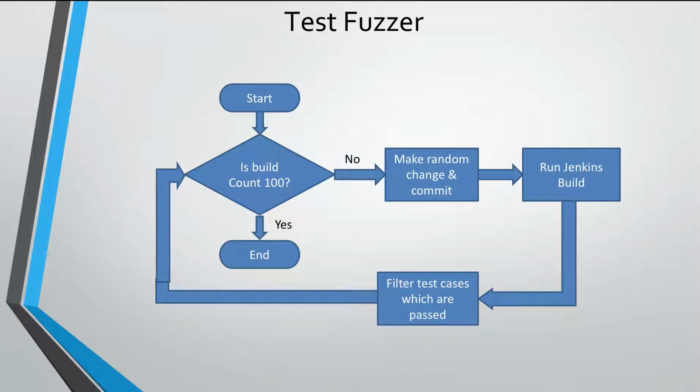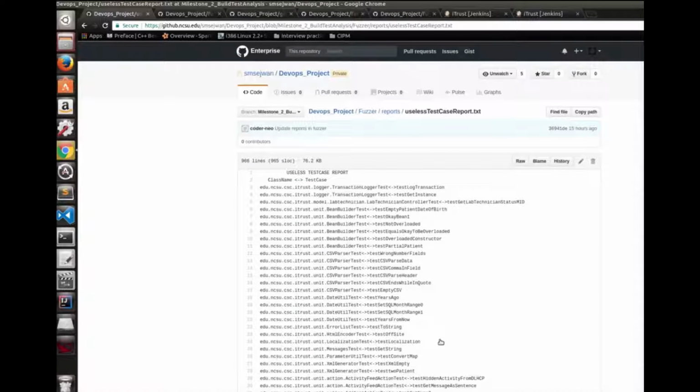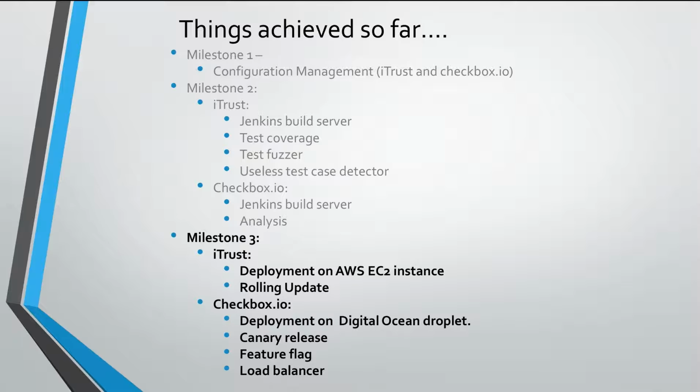We have developed a utility which detects test cases which always pass when the build is run several times. In our case, we have checked it for 100 builds. So these are the 100 builds. You can see the Jenkins UI. And this is the sample report. We have also done the analysis part in which we are trying to find the analysis metrics for the Node.js